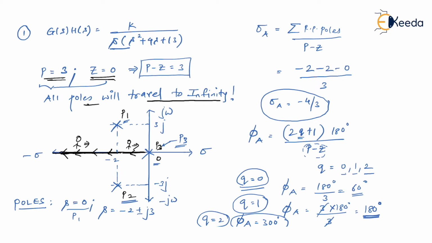So as I said, now we have cross checked it. Regarding pole 1 and pole 2, pole 1 will move to infinity with an angle of 60 degrees, that will guide pole 1, and this 300 degrees will be helping your pole 2 to move towards infinity. We'll see how. So let me draw the rough structure of the root locus that I will probably get.